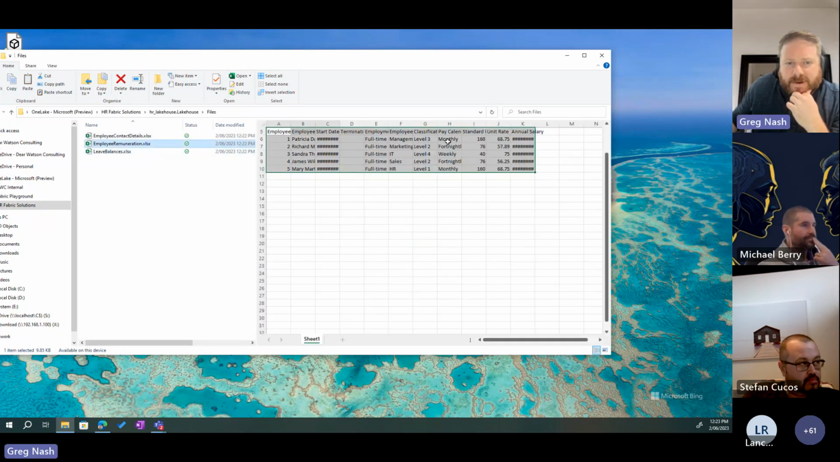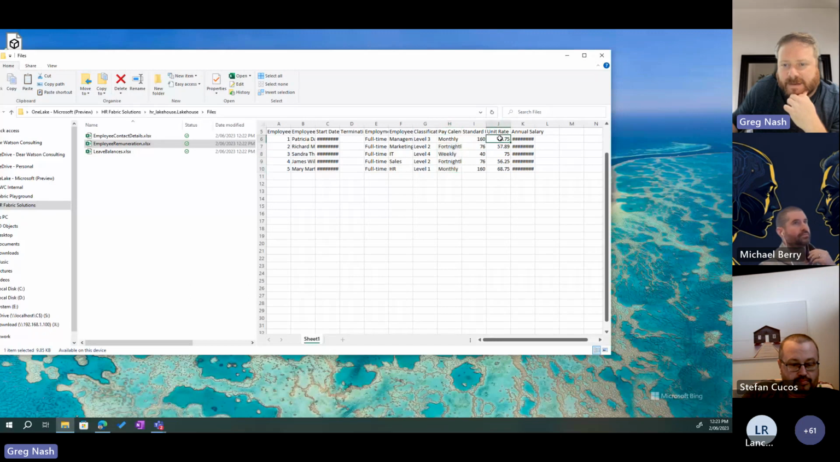I've got an employee remuneration file, which is a report that gives me all of my 5 employees, when they started, when they've been terminated, if they've been terminated, their employment type, so they're full-time, part-time, where they work, what classification they have, what type of pay calendar they have, their standard hourly rate, and their standard number of units. So monthly they get 160 hours, fortnightly they get 76, weekly they get 40, right? So it's whatever their standard number of units is for their pay cycle, the unit rate,